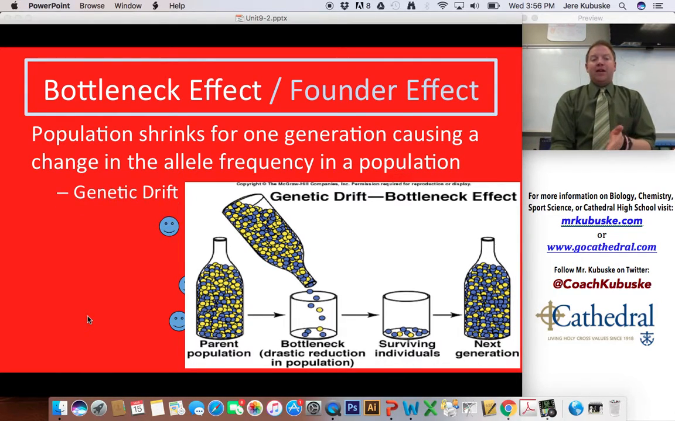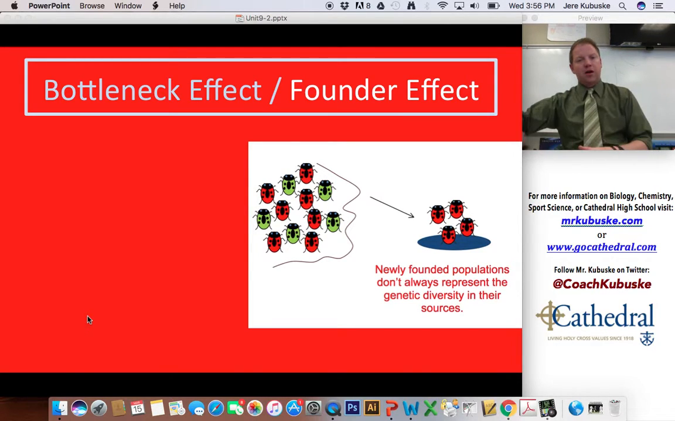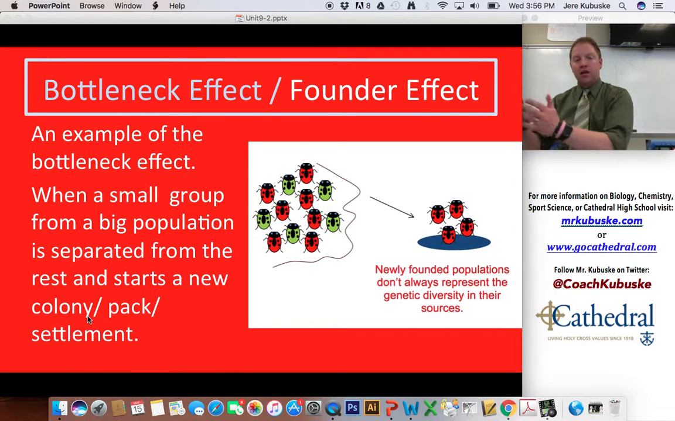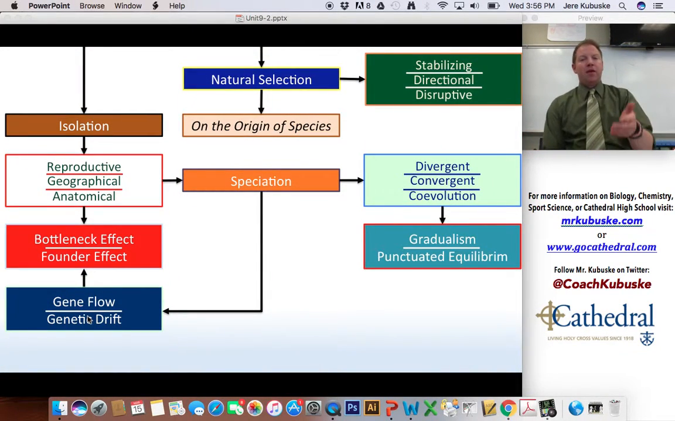The founder effect is basically the same idea, but it's just the idea that a group becomes separated and they are going to found the new population. So in this case, we had red bugs and green bugs. Some red bugs get stranded or go move off on their own. So in that population, we will only see red bugs. Okay? But that has to do, again, with the different types of isolation, which you can see here on the left side of the screen, and that also has to do with gene